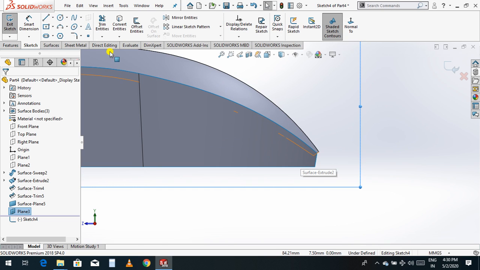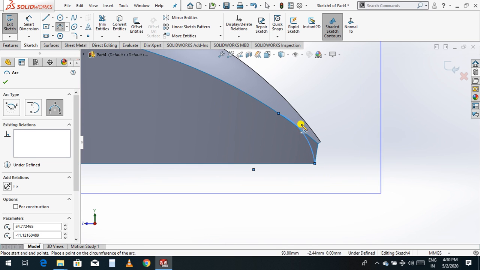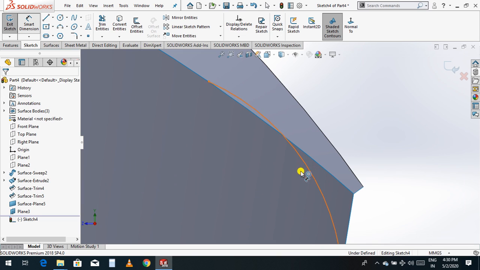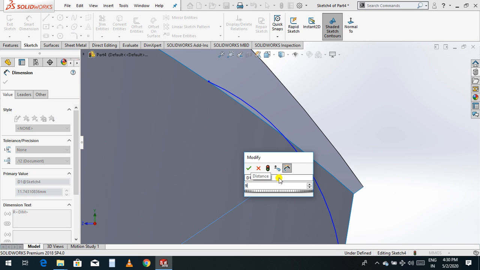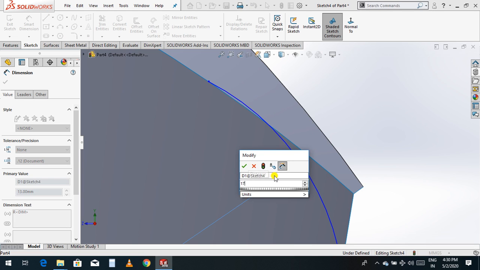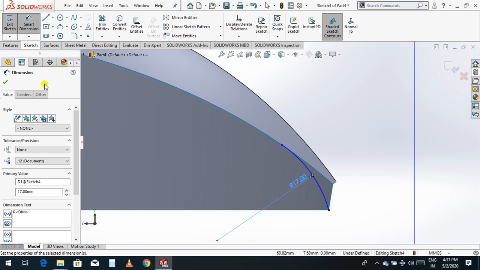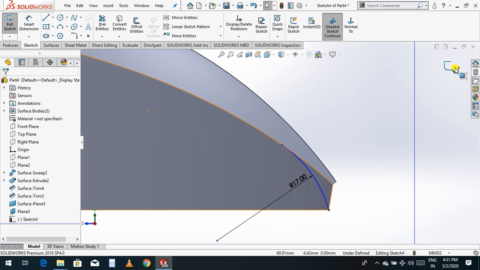I'll make one arc and I will cut, and I'll go to three-point arc, like this. Select OK, exit.